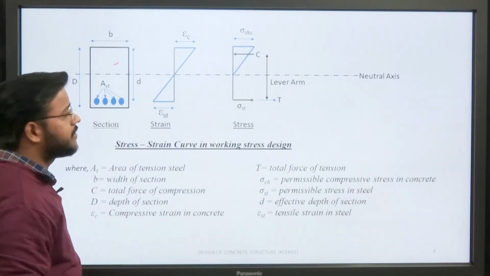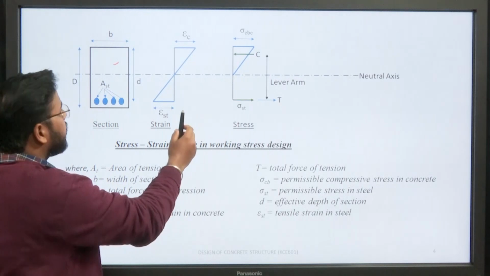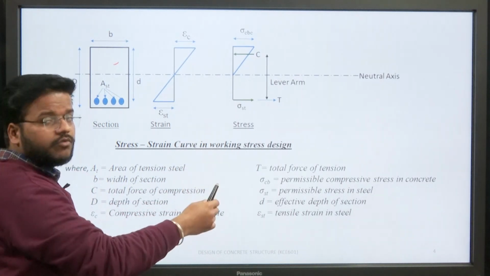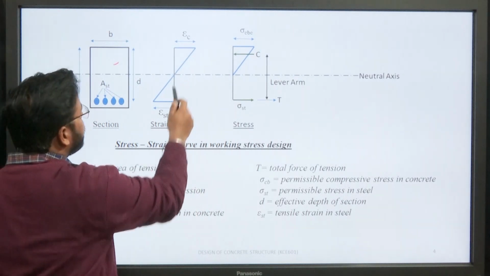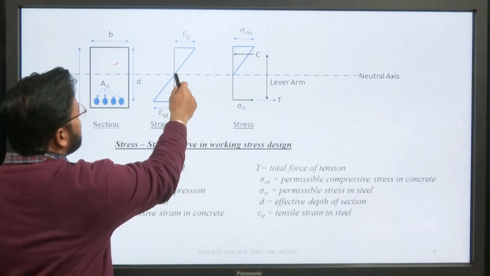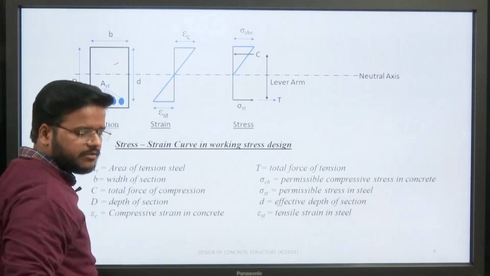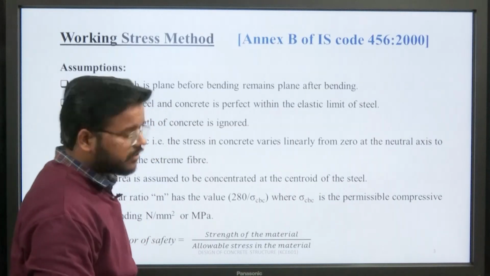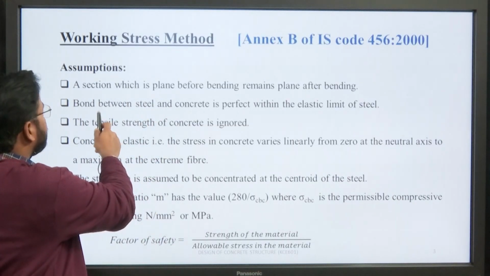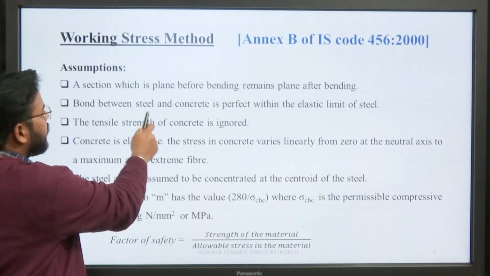So basically it means that the strain increases as we go far from the neutral axis. Like we can see from the strain diagram, as we go far from the neutral axis, the value of the strain increases proportionally. The second very important assumption in this working stress method is that the bond between steel and concrete